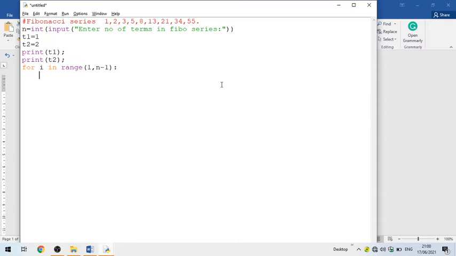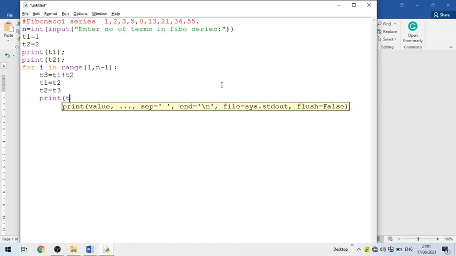Now we create a variable T3. T3 will be the summation of the last two terms. Now we assign T1 the value of T2, and T2 the value of T3, and print T3.